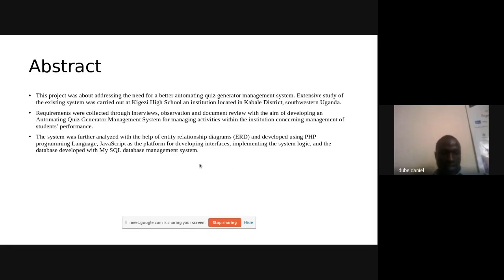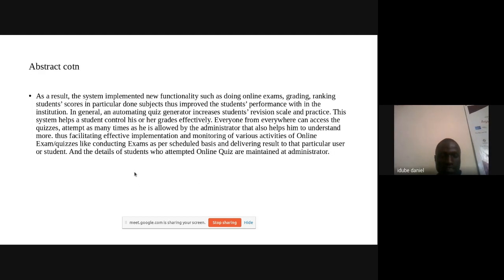The system was further analyzed with the help of an entity relationship diagram, ERD, and developed using the PHP programming language and JavaScript, a platform for developing interfaces, implementing the system logic, and the database developed with MySQL database management system. Abstract continuation. As a result, the system implemented new functionality such as doing online exams, grading, and ranking student scores in particular subjects, thus improving the students' performance within